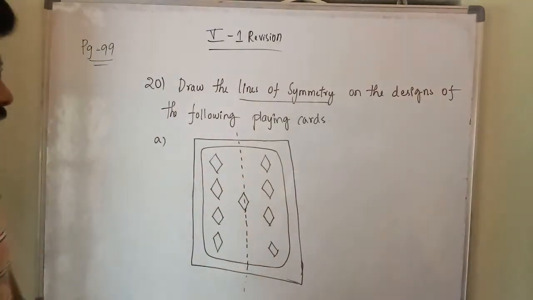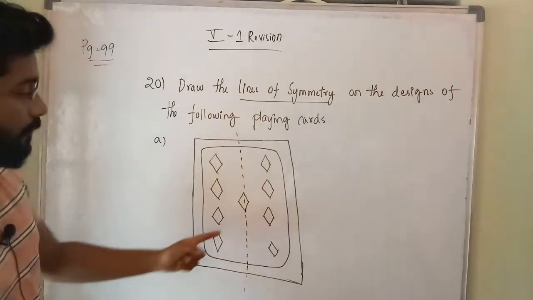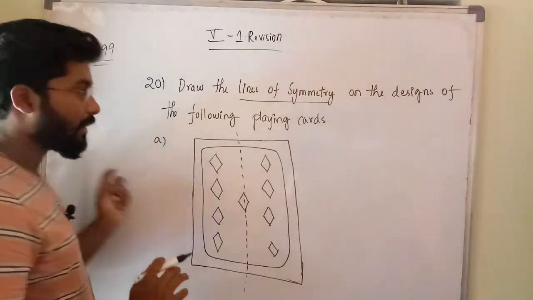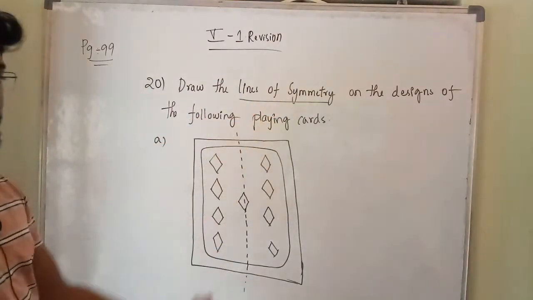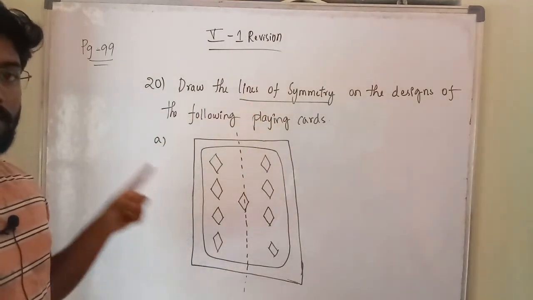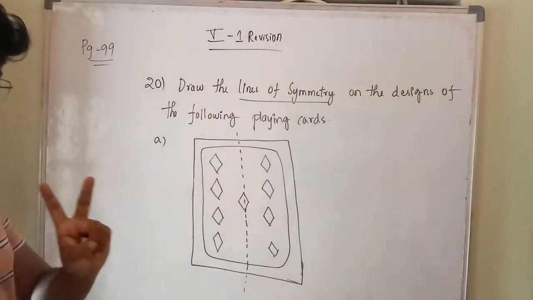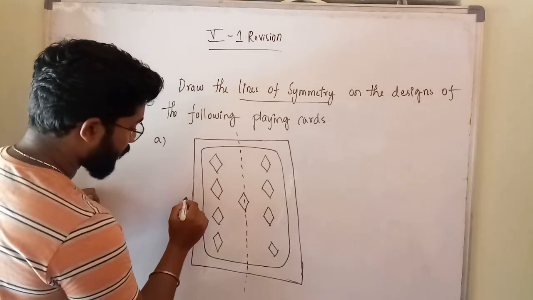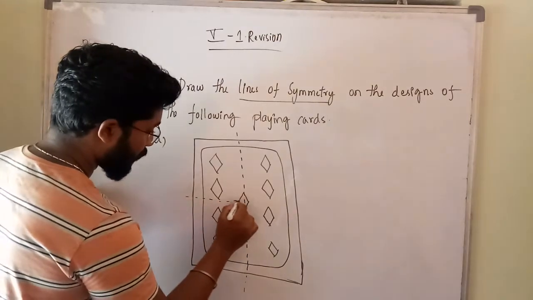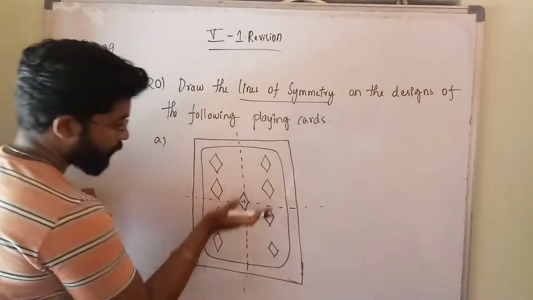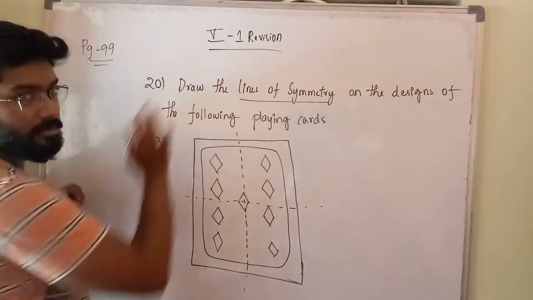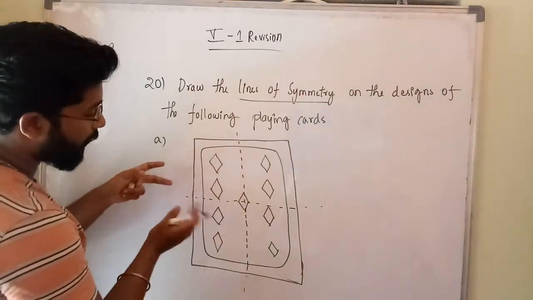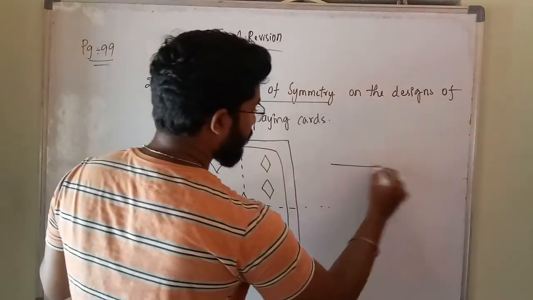So this is one line of symmetry. If you see, this is one equal part and this is another equal part. Like that the lines of symmetry will divide a given figure. This is the first option. We are having two lines of symmetry. Like this also we can divide, and like this also we can divide. So this is one equal part and this is also one equal part. If you divide it like this, you will get two figures like this.